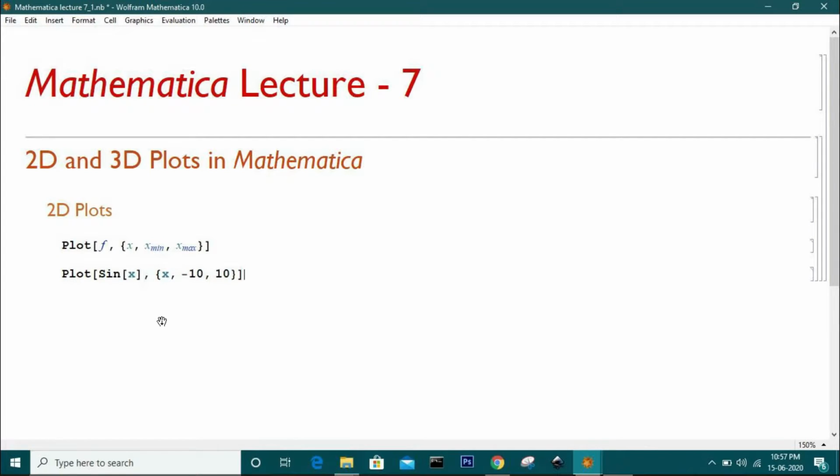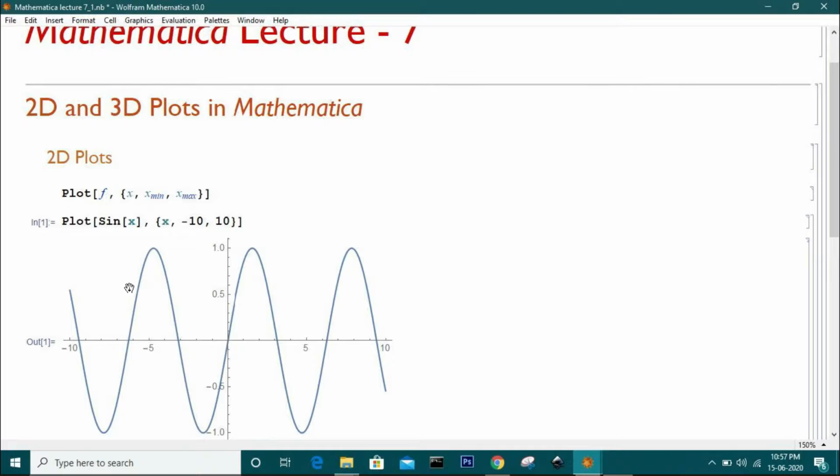So I write sin x at the place of f, and in the curly brackets I put the range of x. And if you write sine of t instead of sine of x, then you have to specify the range of t, not x. And evaluating the cell will give your plot. So be careful about these brackets and always remember to close them.